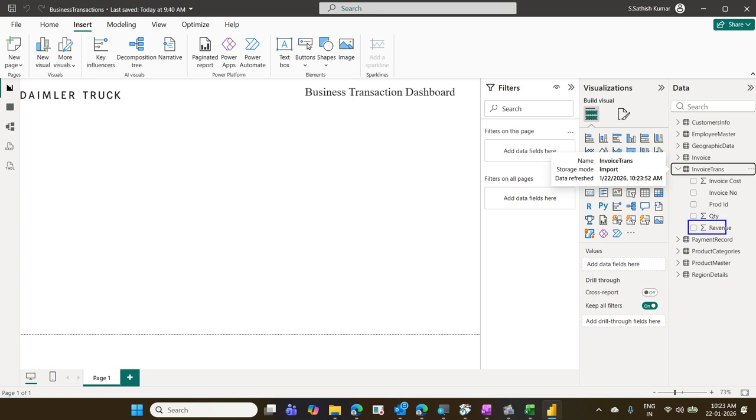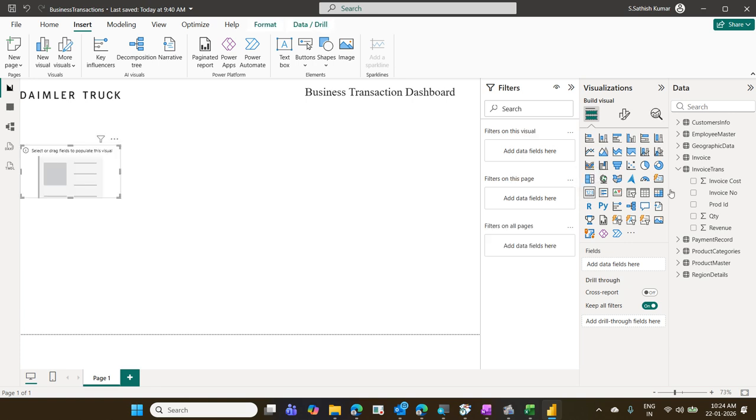Let us insert the card. Click on this card, 1, 2, 3, not the one with Thunderbolt. The 1, 2, 3 Thunderbolt I will explain, because with the Thunderbolt you have to do some activity. Before that we'll explore this, then we'll come to that new Thunderbolt card. Now I'm using the older one, the old card. So let me click on this card and let us drag the revenue into the field area. Revenue into the field area. It will show you the revenue here,